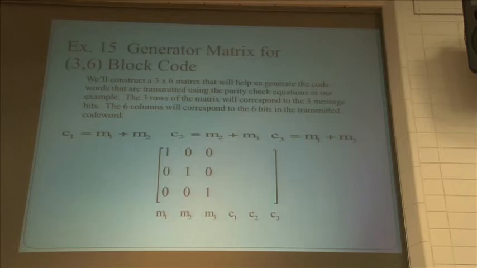Now, we have to take this a step further, and we have to look at what we call the generator matrix for our block code. So for now, we're going to keep this relatively straightforward. We're still working with this 3 by 6 code, or 3-6 block code, excuse me, which means you're going to have to create a 3 by 6 matrix. Now you'll notice across the bottom,